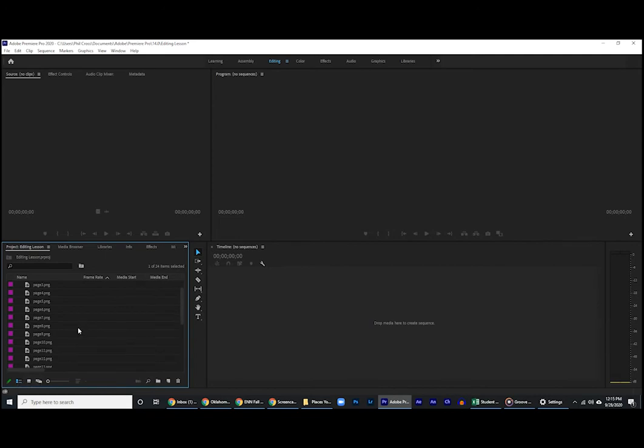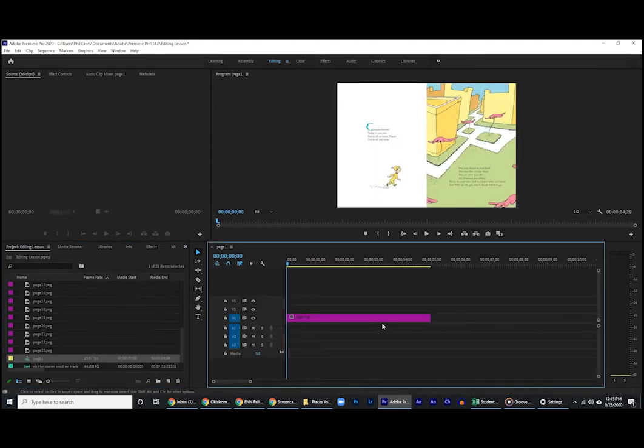The next thing you need to do is create a sequence. There is one very easy way to do this. In fact, it's so easy I'm not even going to show you the other ways to do it. Select one of your video clips. Just click on it, or in our case it's a picture. Then click on it, drag it into the sequence. Boom, there is your sequence. And the settings of that sequence will match that clip that you've chosen.